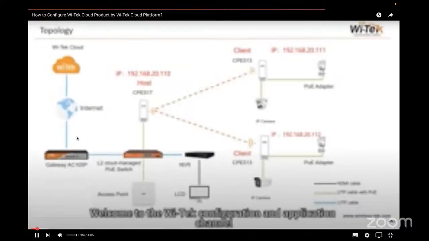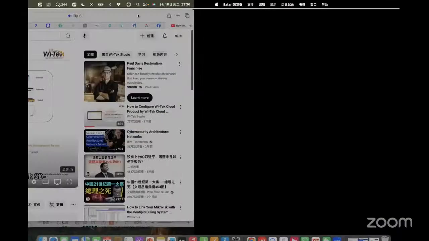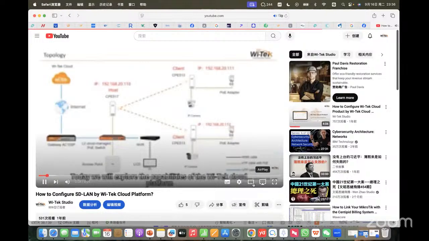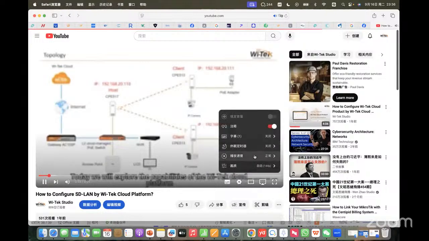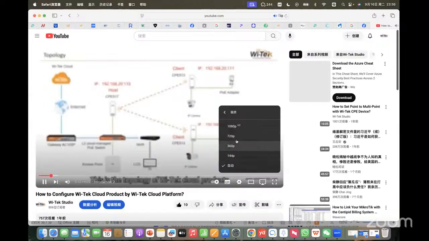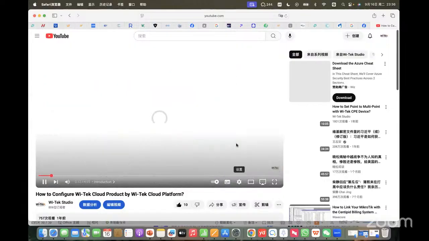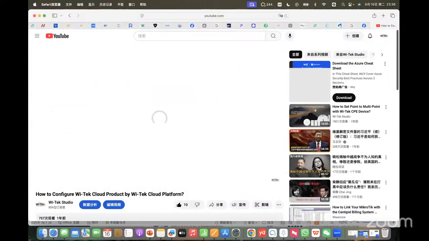Welcome to the Wi-Tek configuration and application channel. Today we will explore the capabilities of the Wi-Tek cloud platform. This is the topology of